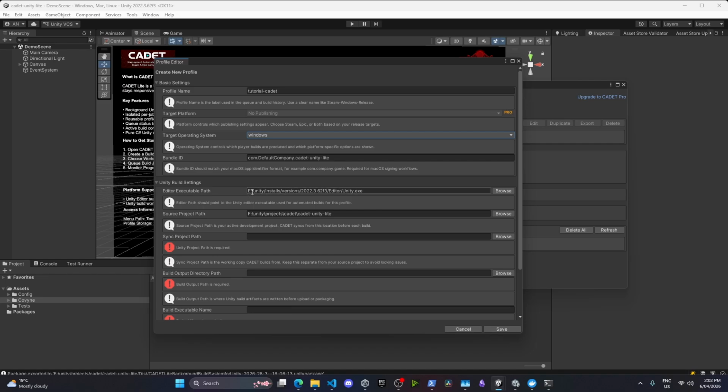You specify the editor executable path. So this is the editor that will build your project. Obviously your project must have the correct Unity editor for your project to be built. The source project path, so this is the project path that you will be building from, and the sync project path. So this is the project path where all of your source files will be copied and built in the